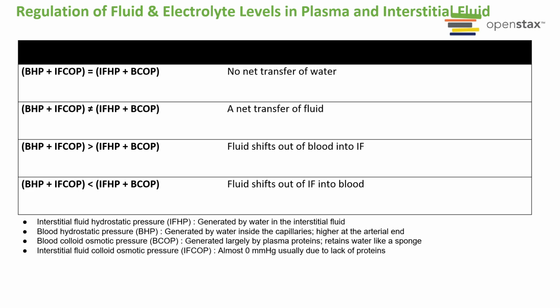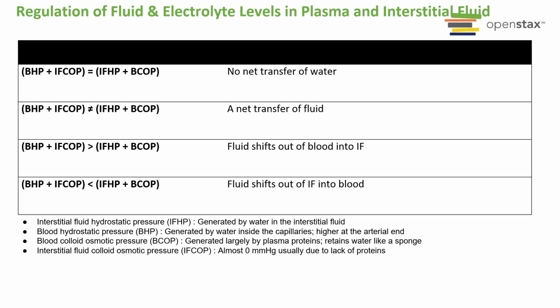So if we take each of these 4 pressures and we look at comparing the sum of the hydrostatic pressures and the osmotic pressures, you can see that when the blood hydrostatic pressure combined with the interstitial fluid colloid osmotic pressure, when those 2 are summed together and are equal to that of the interstitial fluid hydrostatic pressure and the blood colloid osmotic pressure, then in fact you have no transfer of water between these compartments. When they do not equal each other, that is in fact when there's a net transfer of